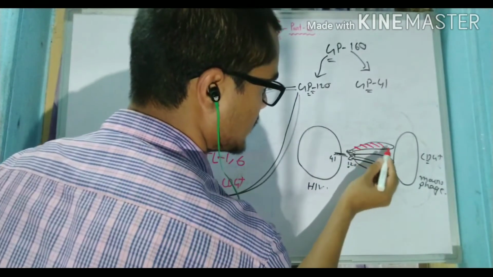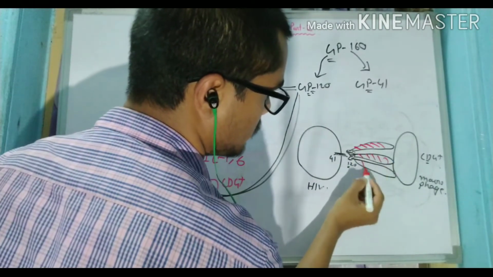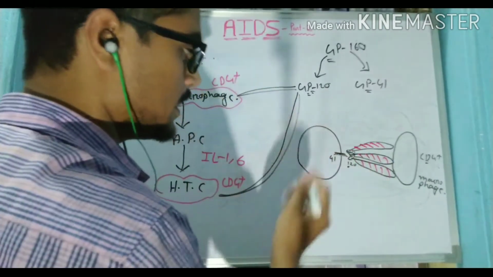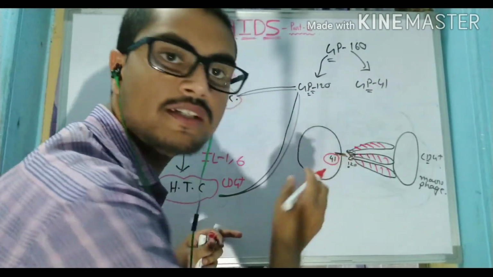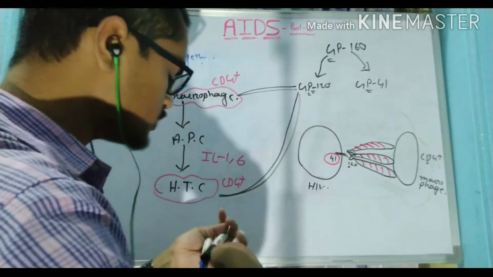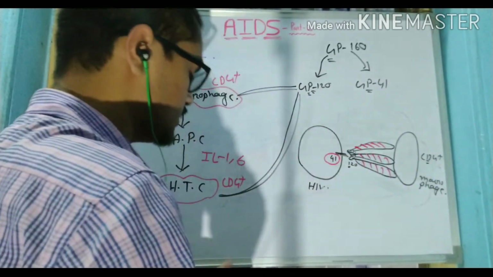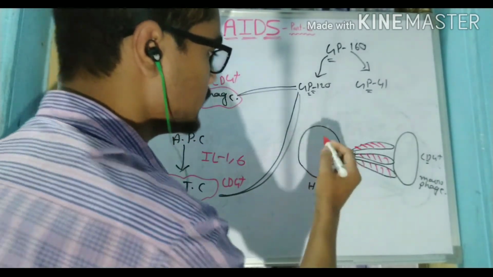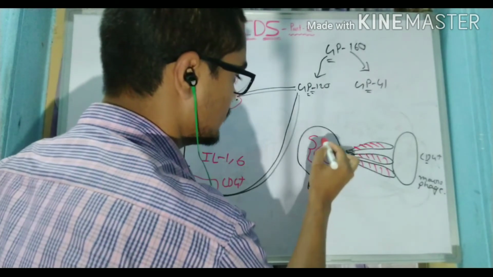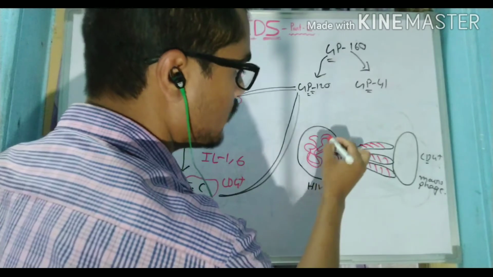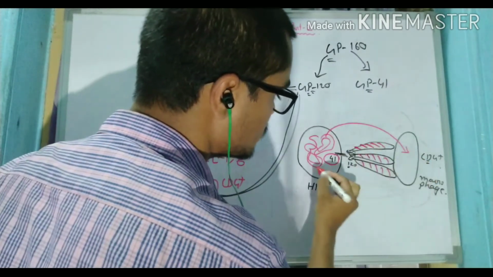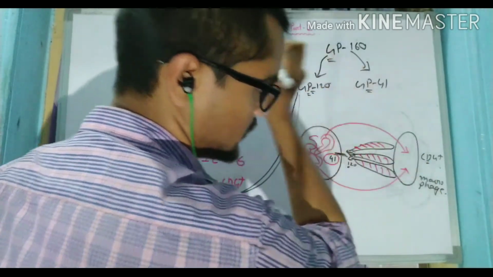As soon as GP120 binds with the macrophagic cell by its receptor, it will activate GP41. And as soon as GP41 gets activated, the whole genome present inside the virus structure will get diffused into its host cell, the macrophage.